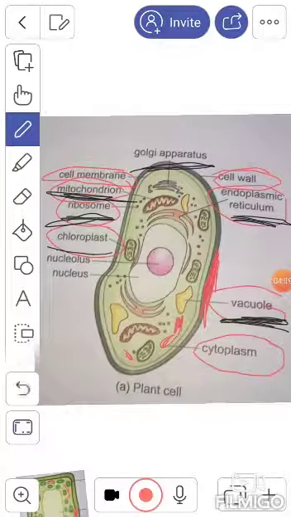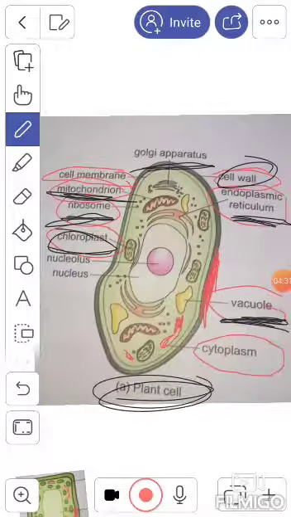And the chloroplast. Chloroplast is a type of plastid and it is only found in plant cells. Chloroplast contains chlorophyll, which is necessary for photosynthesis. Cell wall and chloroplast, these both are only present in plant cells. And chloroplast is only present in plant cells because plants make their own food by the process of photosynthesis as they require chlorophyll.